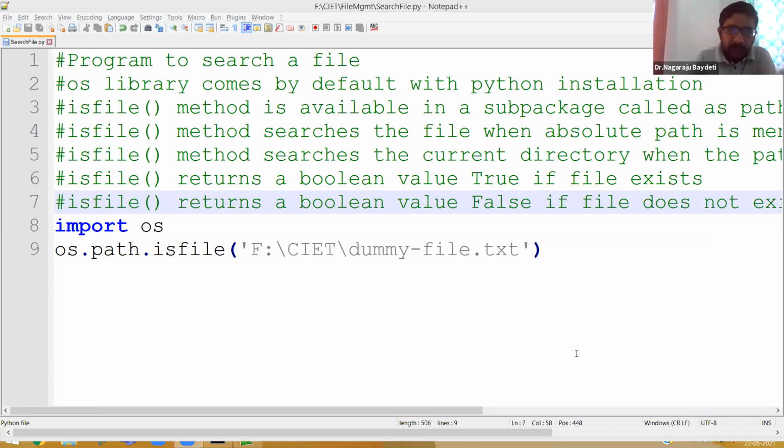Basically, what is a module? A module is something which you can create by yourself or Python provides you so that you can use some methods in it. Basically, it's like a header file. It's not exactly like a header file. You can also treat it like in C language. You have stdio.h. In stdio.h, you have scanf, you have printf. In string.h, you have strlen, strcmp, strcpy. What is a header file? A header file has functions defined in it. Similarly, here a module has methods defined in it.